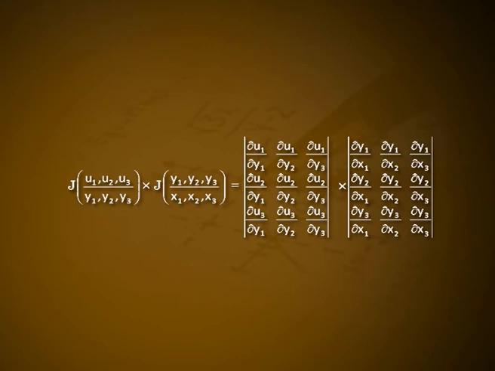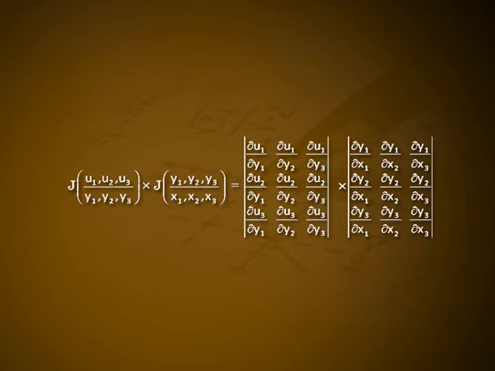Second row, sigma ∂u2/∂yk times ∂yk/∂x1, sigma ∂u2/∂yk times ∂yk/∂x2, sigma ∂u2/∂yk times ∂yk/∂x3. Third row, sigma ∂u3/∂yk times ∂yk/∂x1, sigma ∂u3/∂yk times ∂yk/∂x2, sigma ∂u3/∂yk times ∂yk/∂x3, which is